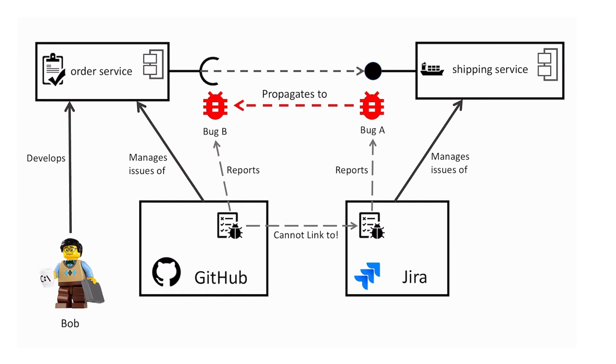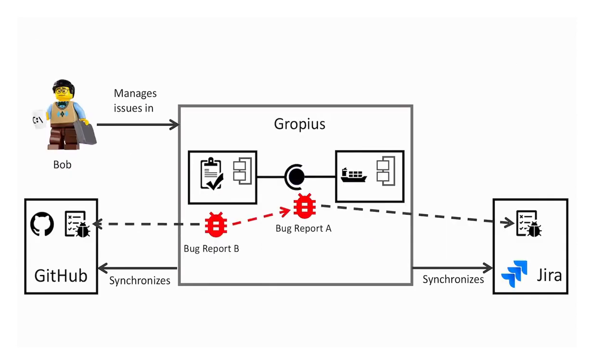As a result, since each issue management system has a component-specific scope, such cross-component dependency links between issues cannot be represented semantically. To counteract this problem, there's Gropius, a cross-component issue management system, which acts as a wrapper above common issue management systems such as GitHub or Jira. Using Gropius, Bob can manage cross-component issues in a graphical way, and Gropius propagates all changes to the underlying issue